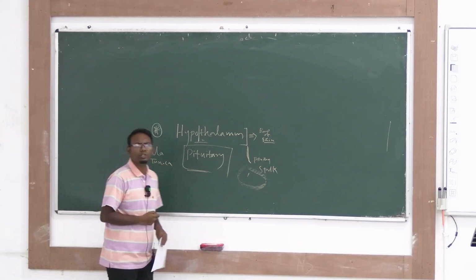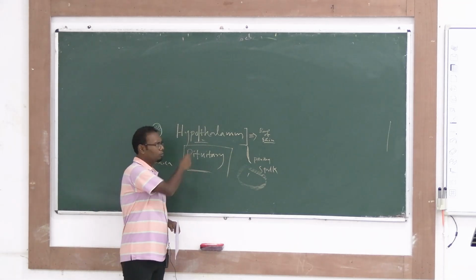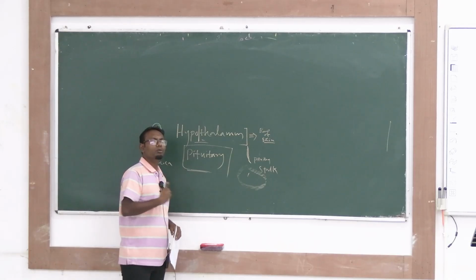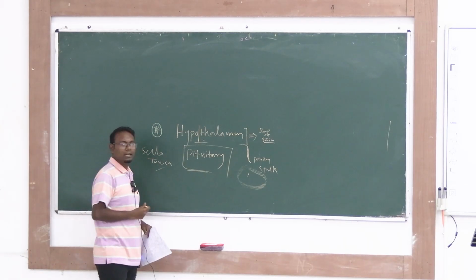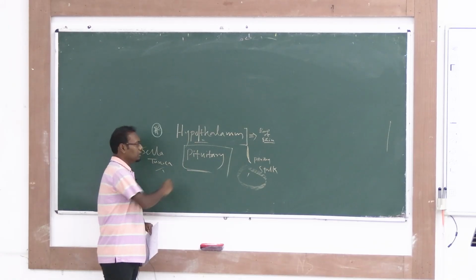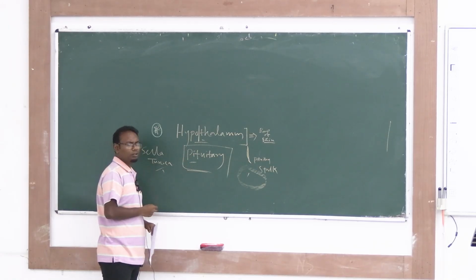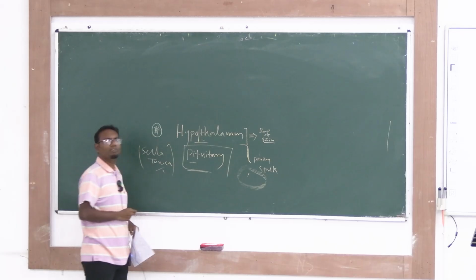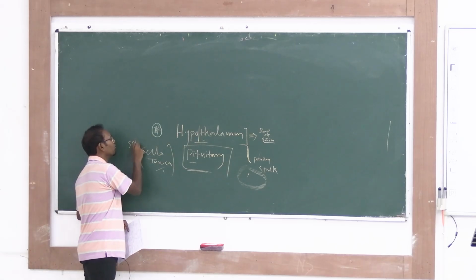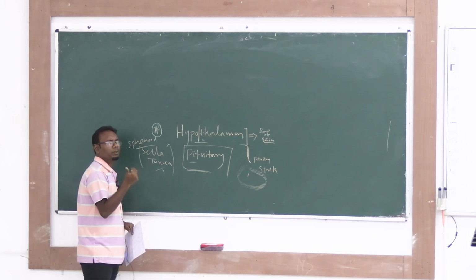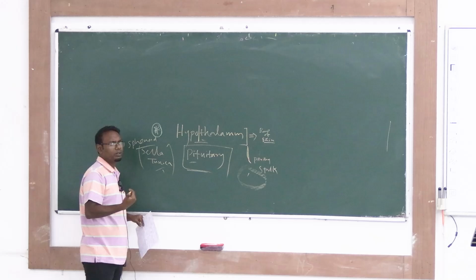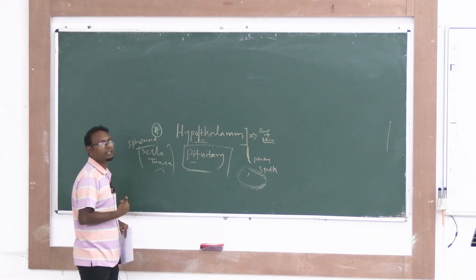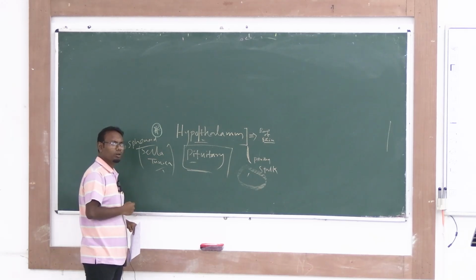So that is the basic positioning of these things. What they do is regulate the total hormonal control of our body. That is Sella Turcica, with the pituitary stalk. Where is Sella Turcica? In the sphenoid bone. So if any short note comes, you have to write the positioning of them as well. I have told it in brief; in anatomy you will know in great detail when you study head and neck.